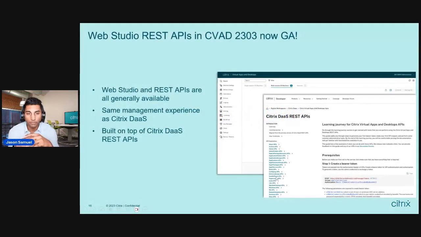All right, so as far as the REST APIs, that's a big one that I talked about. If you're doing any type of automation within Studio today, especially the Citrix DaaS-based Studio, you want to be able to use that same set of automations that you might be doing with the on-prem Studio as well. So you don't want to re-engineer, you don't want to retool that. Everything that you can do in the on-prem and the cloud are exactly the same REST APIs.